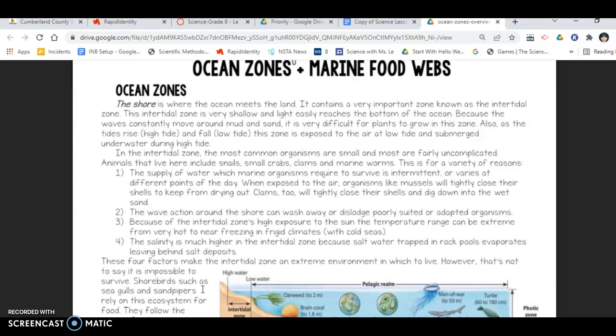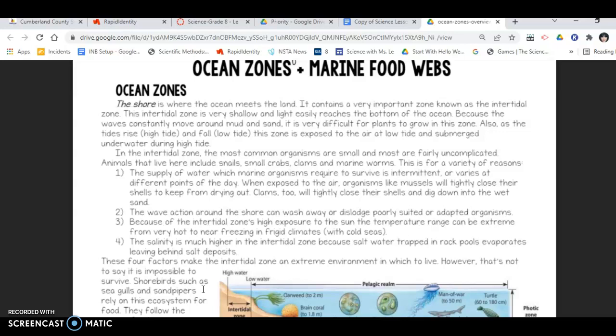When exposed to the air, organisms like mussels will tightly close their shells to keep from drying out. Clams, too, will likely close their shells and dig down into the wet sand. That's probably so they could stay wet and moist, right? Number 2, the wave action around the shore can wash away or dislodge poorly